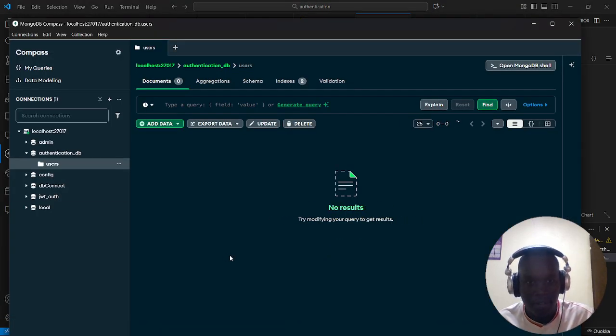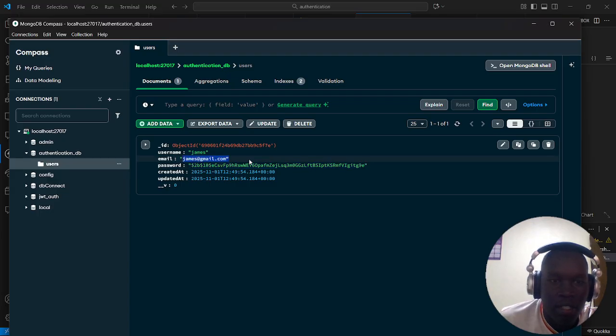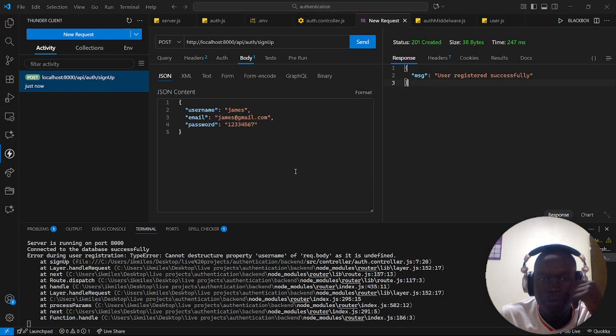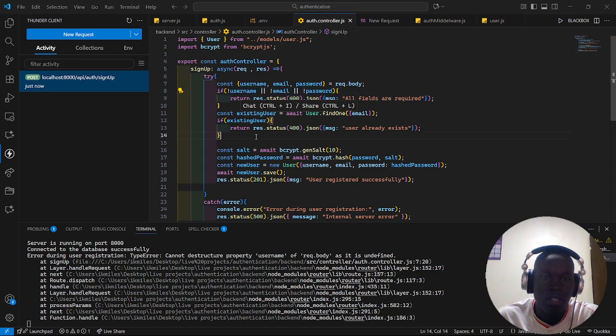Let's refresh. Yes, now we have our user in the database. You see, even the password is hashed. You can't see the password in your database though. So we have already implemented, we have worked on